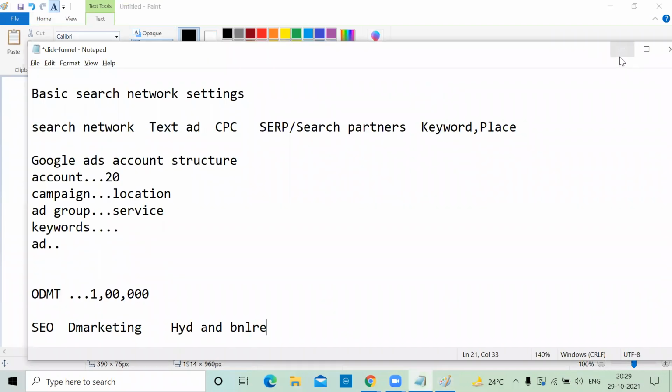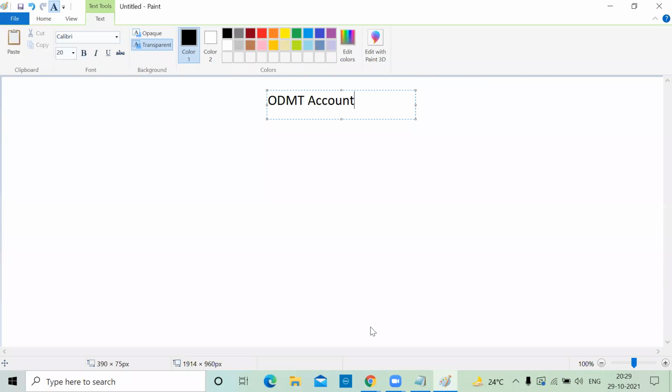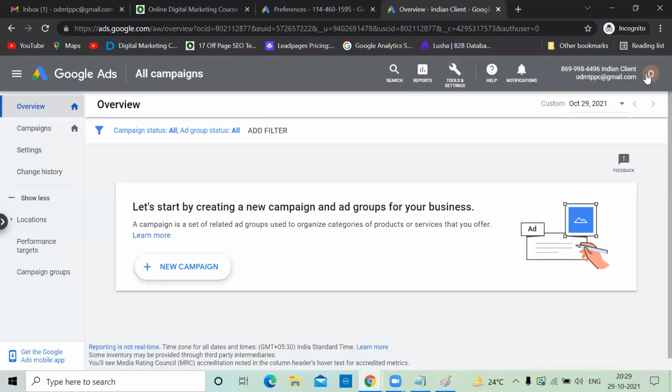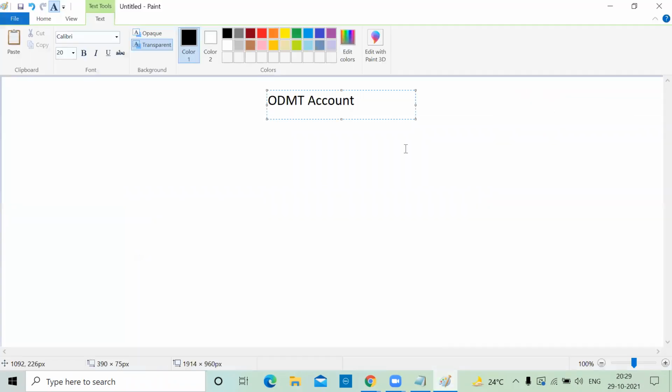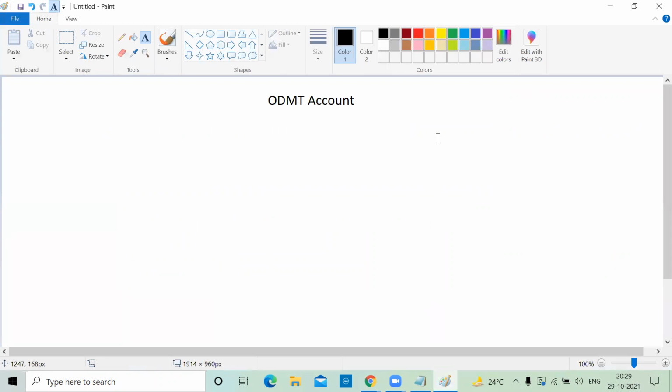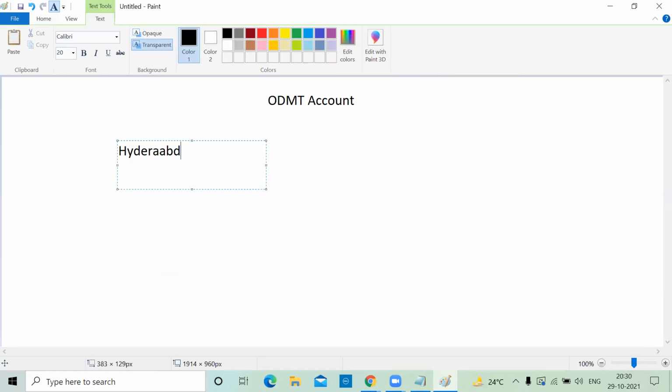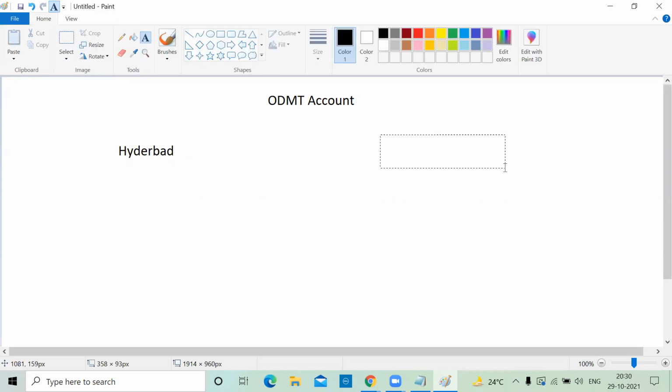Like we did here, Indian client, USA client. So done. Now I said ODMT wants to spend 1 lakh rupees and they want to target Hyderabad and Bangalore, right? So your campaign should be Hyderabad and Bangalore.